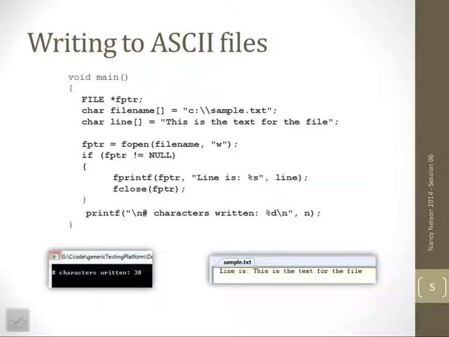So let's take a look at an actual file here. We see our declaration of our file pointer, our file name. It's a simple text file here. A string that we're going to write to the file. We open the file in write mode. Gives us back our file pointer. We check the file pointer to make sure the open was successful. We write to the file that we're linked to. We're going to write "line is: " followed by what's in line. We close the file, and then we're going to print that we